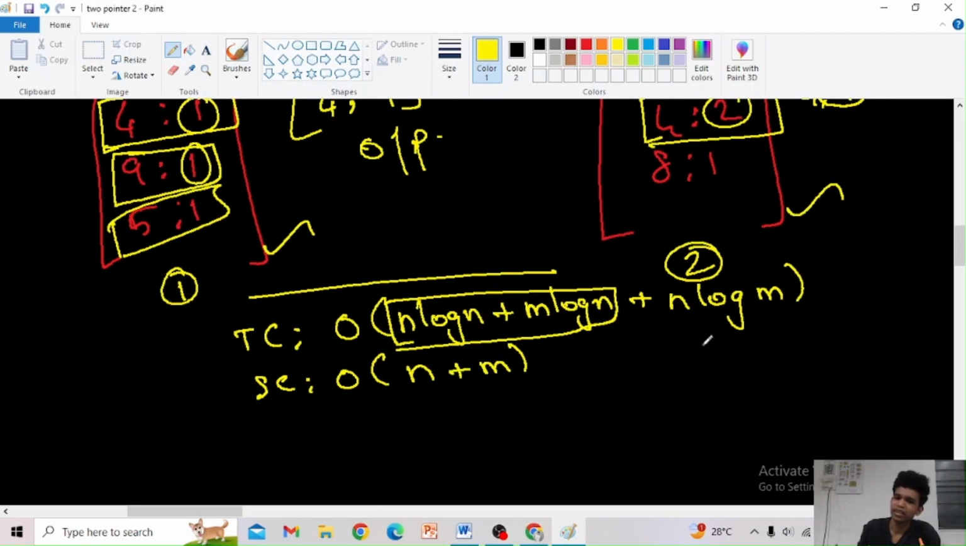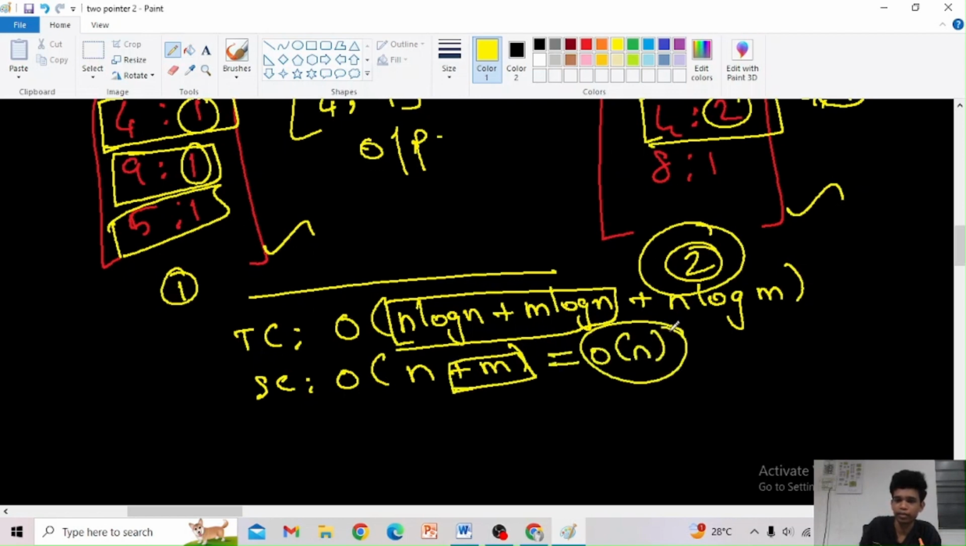Is the second hash map needed? The answer is no. So this can be reduced, and we can make the time complexity like this. But how can we make this? Just assume